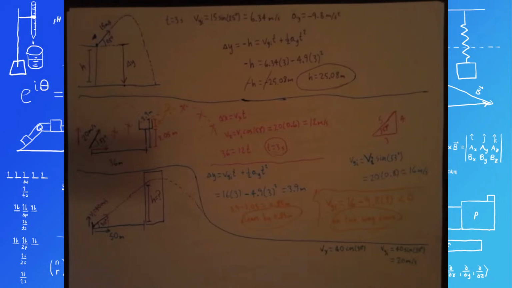Okay, where was I? Right, calculate Vx. So that's going to be 40 cosine of 30 degrees, and I get 34.64. All right,